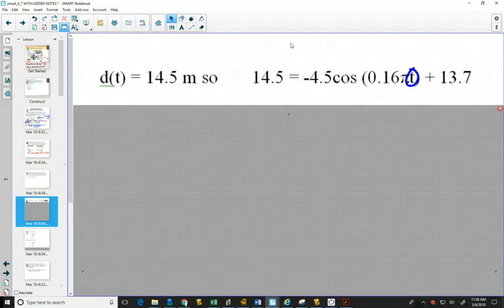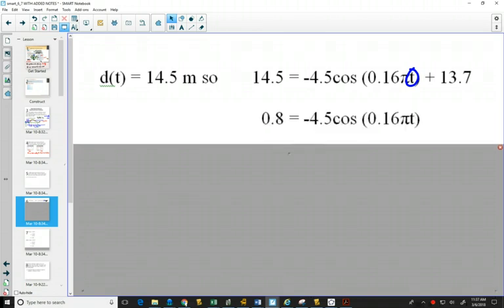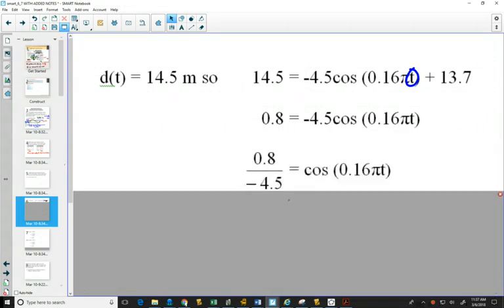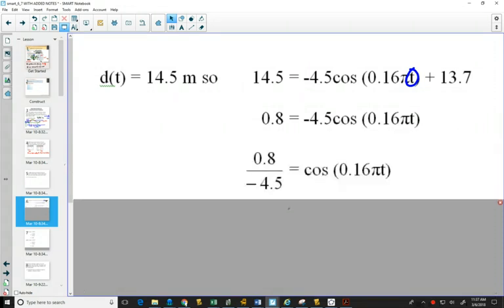Well, what does that look like? Well, if I'm solving a cos equation, I would want to get cos by itself. So I'll move the 13.7 over to the other side, divide both sides by the negative 4.5. That gets me the cos by itself. Now, the one thing we haven't done a lot in our algebra up till now is solving questions that look like this, with a bunch of stuff inside of cos. That gets a little bit confusing. What we've solved up till now have always been like cos theta equals, and that's a lot easier.